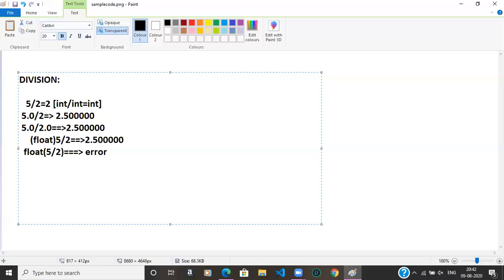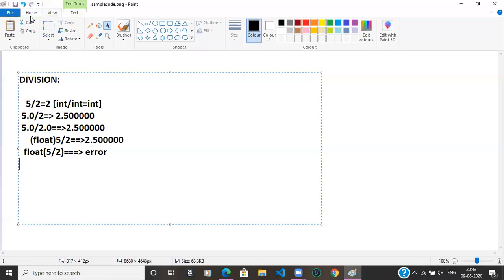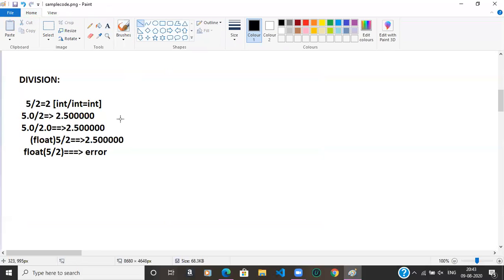In C language, we are not allowed to write like this. It will give an error. This is the correct way.